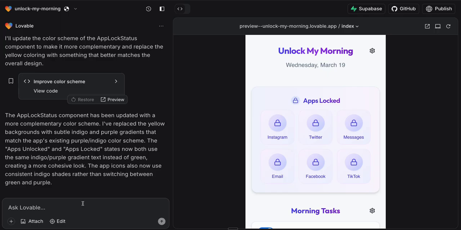Okay. Can you update the settings, the little cogwheel thing? We have it on there twice, at the top where it says Unlock My Morning, and at the bottom with the morning task. Can you actually update this to have a hamburger style menu setting? You can keep the morning task